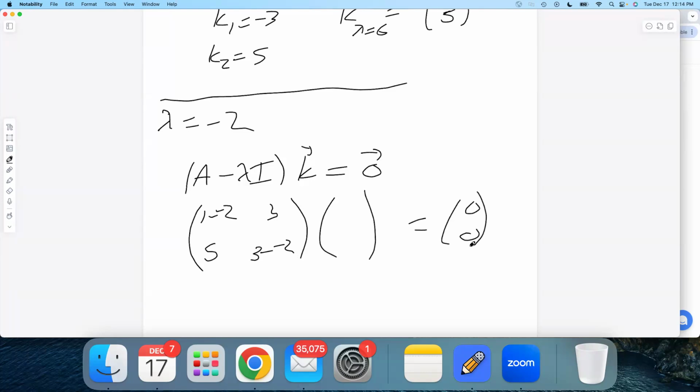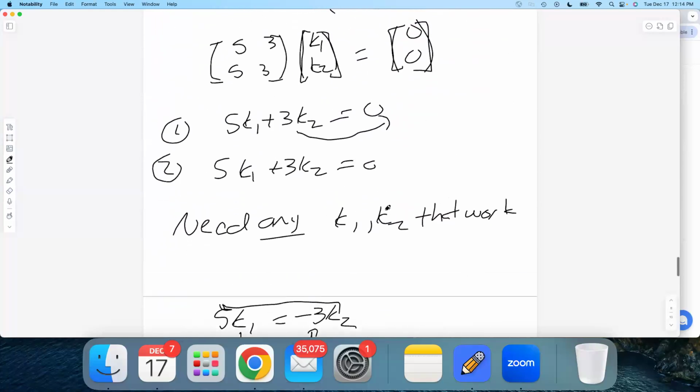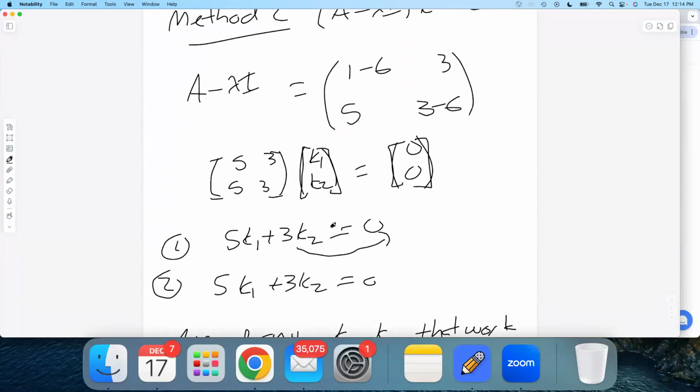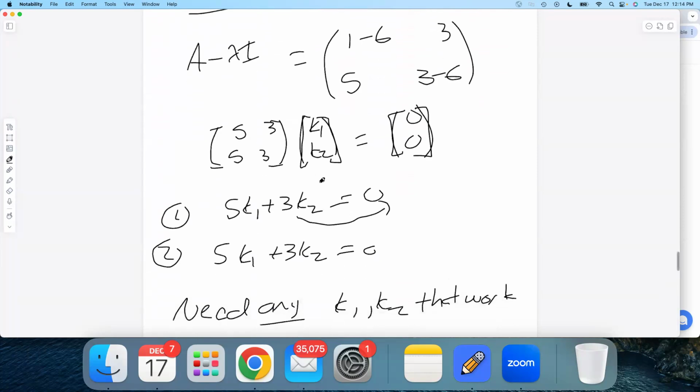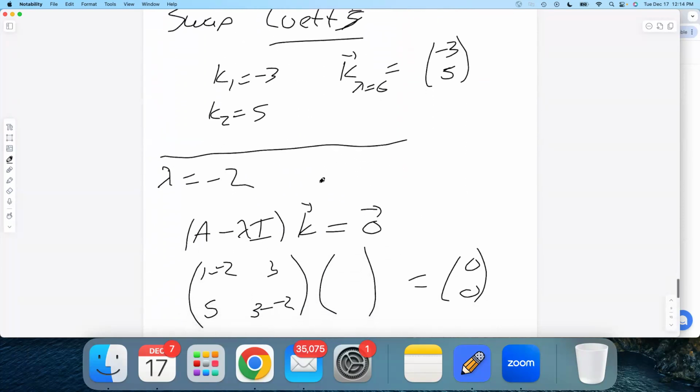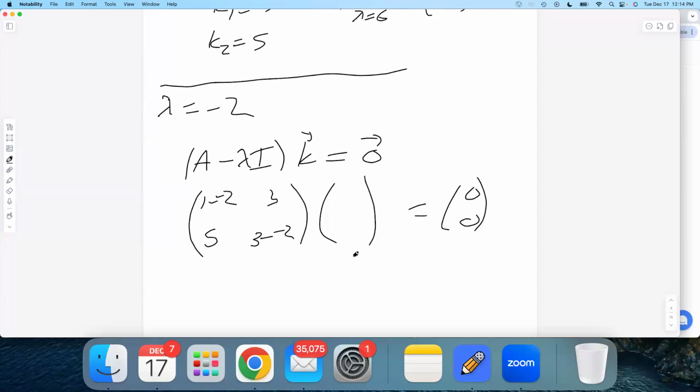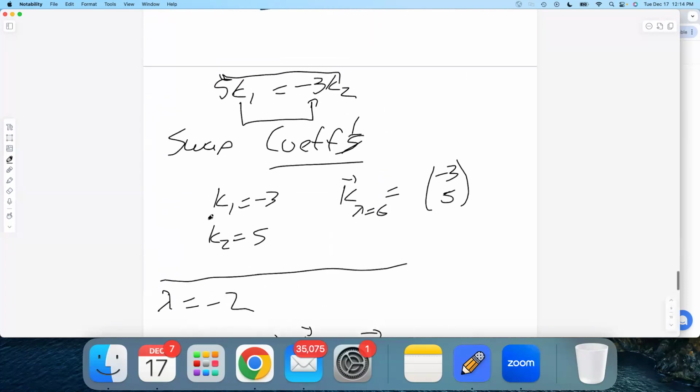Now, again, I remember when I learned this, the next step would bother me. I've already used up the symbols K1 and K2. I used them right here. So I didn't like reusing those symbols here. I've already solved for K1 and K2, but that work's already done. I've solved for those guys. I got this eigenvector. I'm allowed to reuse these letters again now if I want to, as long as I